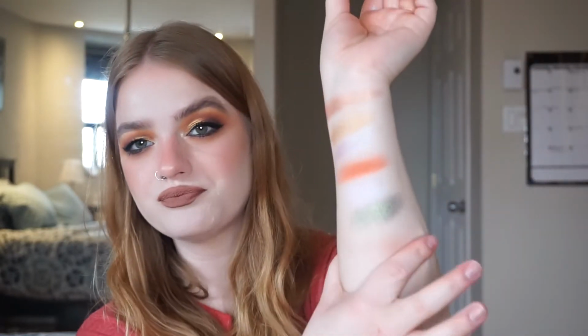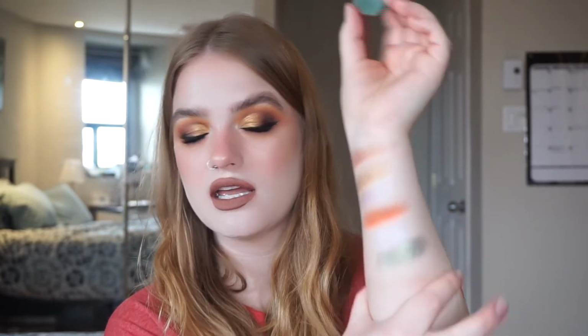That's absolutely gorgeous. But yeah, it's a mid-toned green, like emerald green, but it has gold shimmers in it, so it almost has a goldy hue to it. If you like greeny gold shades, this is a good one. This is a really good one. That's absolutely gorgeous. The next shade I have is the shade Slither, and this looks like a bronze with a